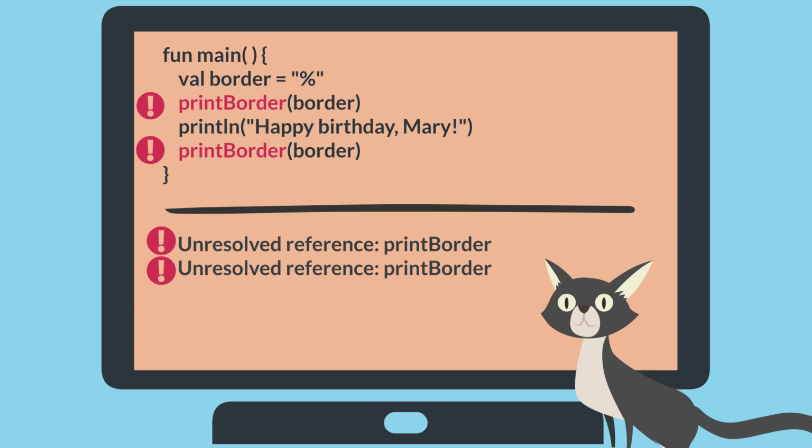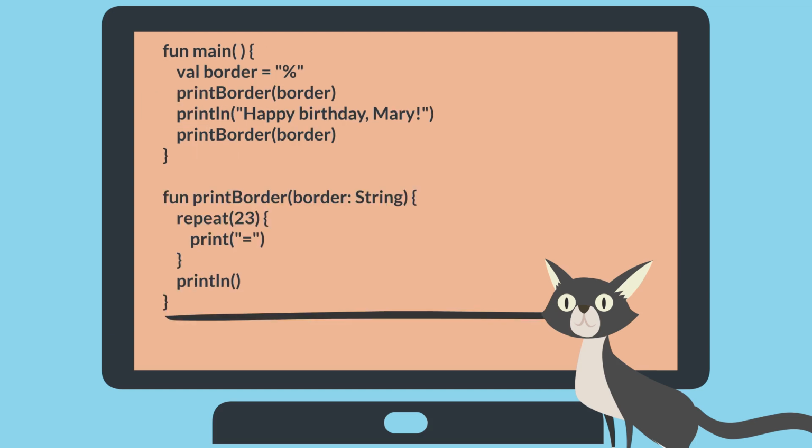You are calling the printBorder function and passing the border as input. However, the printBorder function definition does not currently accept any input. 5. This error is fixed by adding a border parameter to the printBorder function definition. Note that the name of the argument is border. The name is followed by a colon. The word String describes what type of argument it is. String specifies that the argument must be a string. This helps the system to force your parameters to be text, not numbers, for example.